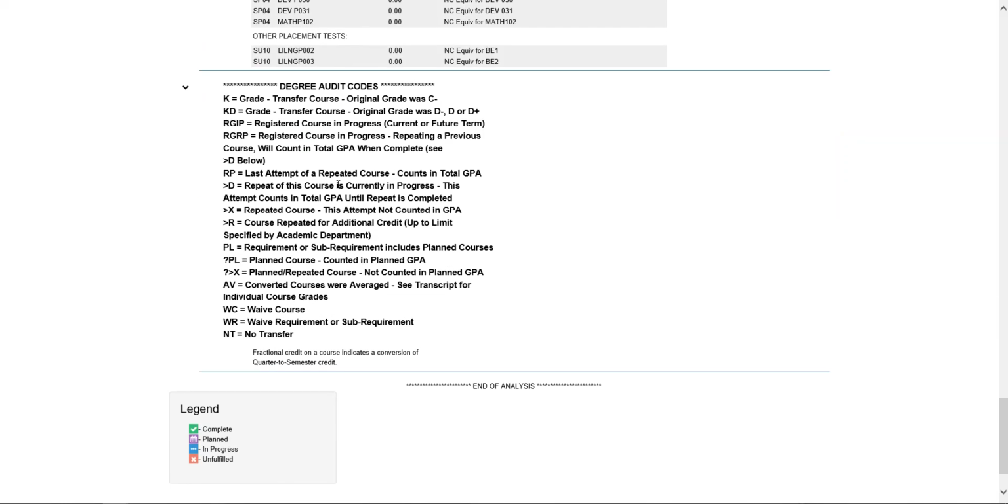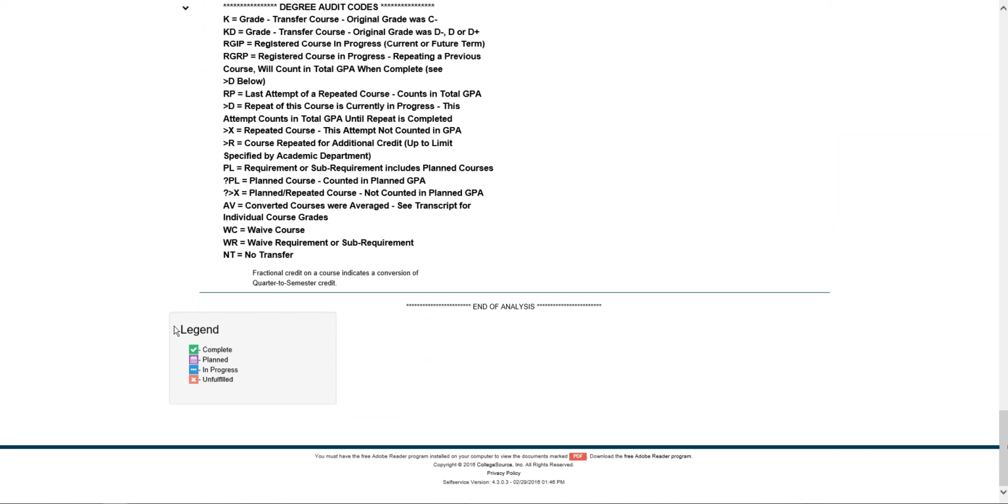At the very bottom will be a legend that will tell you what each of these codes mean. So if you don't know what a code means, you can find that information listed there. For example, green check mark means complete, purple calendar means a planned course, blue box means in progress, and red